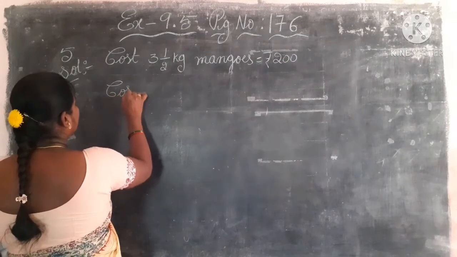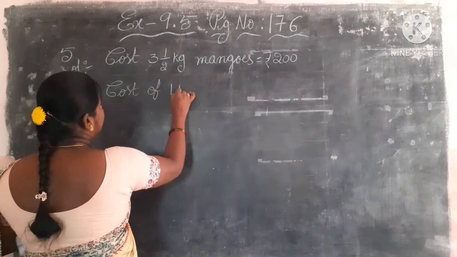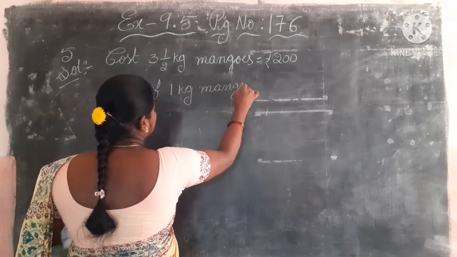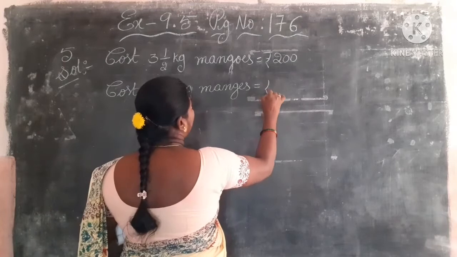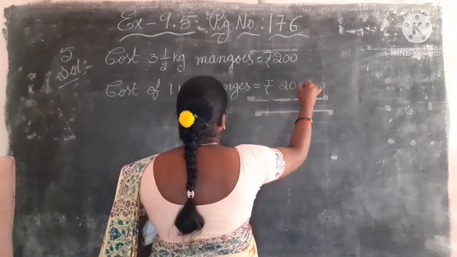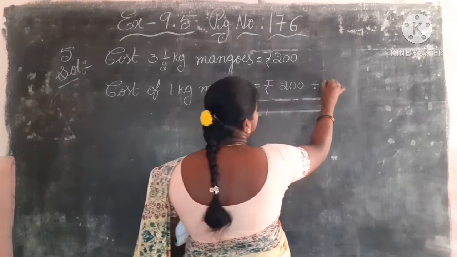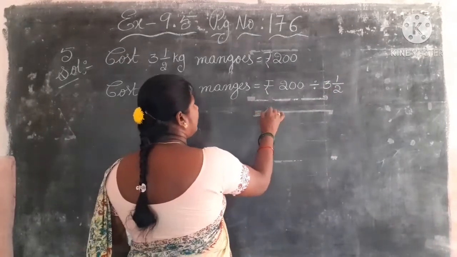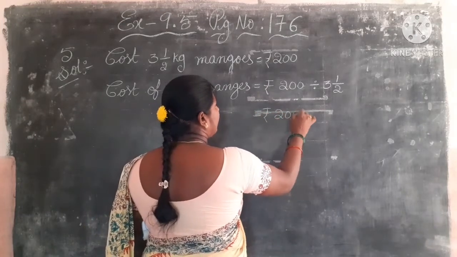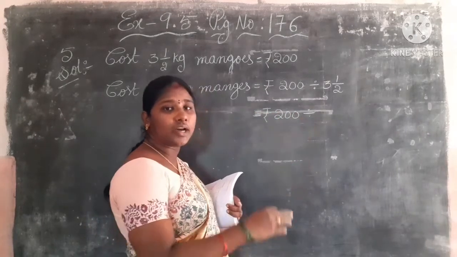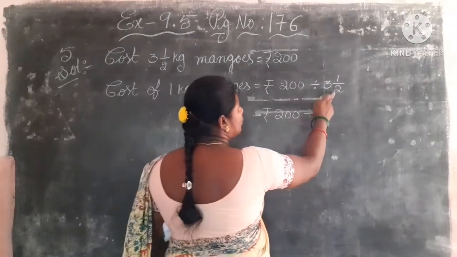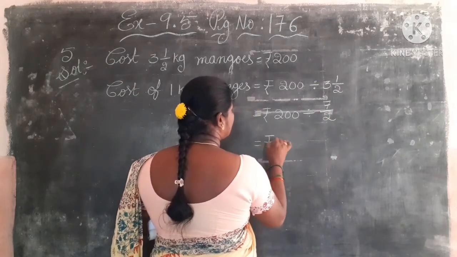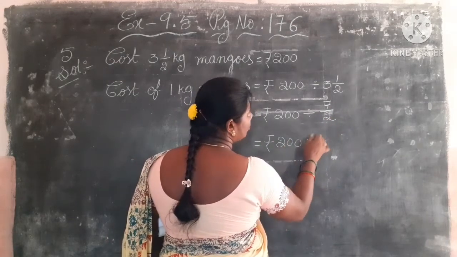Cost of 1 kg mangoes is equal to rupees 200 divided by 3 1/2. This is a mixed fraction, convert into an improper fraction. 2 threes are 6, 6 plus 1, 7/2, is equal to rupees 200 into